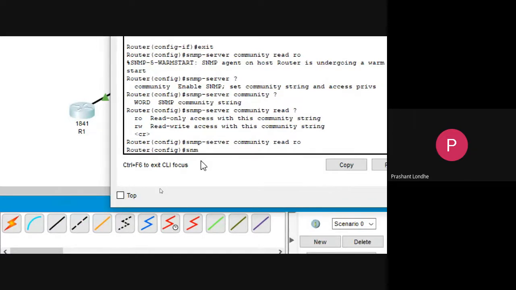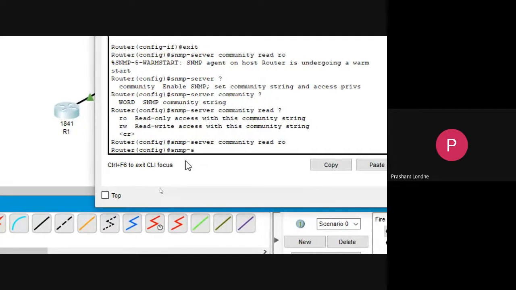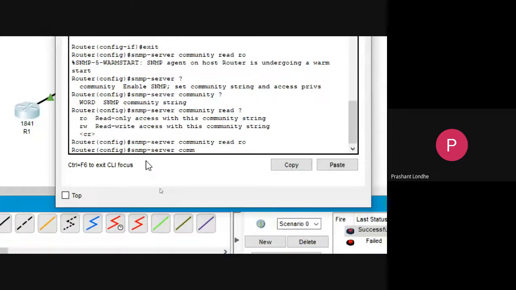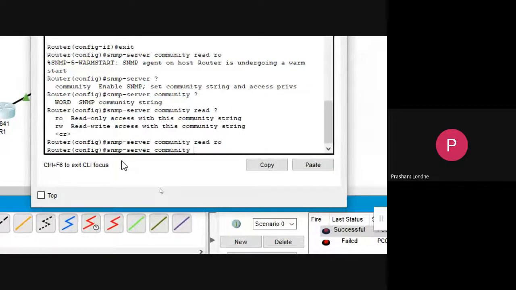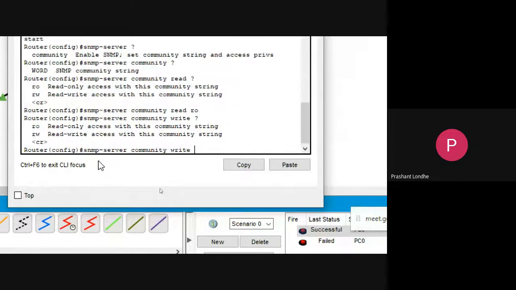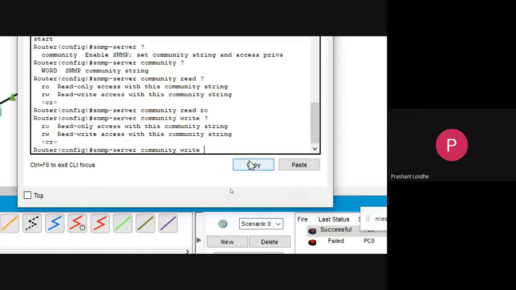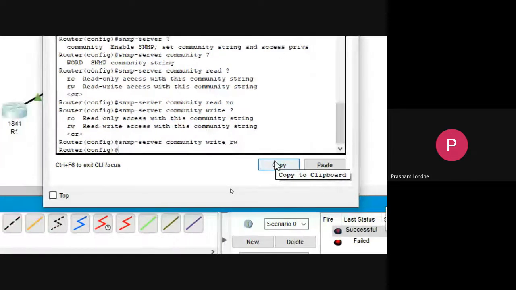Now let us try one more thing. SNMP-server community write, question mark. Now you can see the same accesses are there, RO read only access and RW read write access. So here I will just type RW.